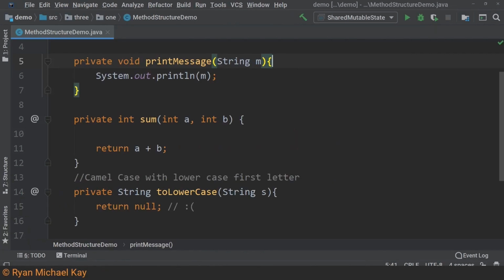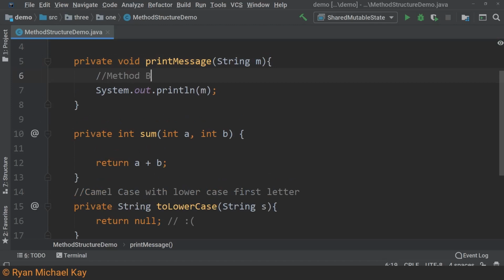The method body contains what we call the implementation of the method. Implementation is a fancy word for the lines of code which are intended to solve some kind of problem. For methods specifically, the implementation really just means the lines of code between the curly braces. I will talk more about how to design methods properly in Part 5, but a hint is that we can call other methods within methods. I do not plan to talk about it much in this course, but there are certain cases where we can have a method which solves problems by calling itself. This is known as recursion, and it can be a very powerful tool.